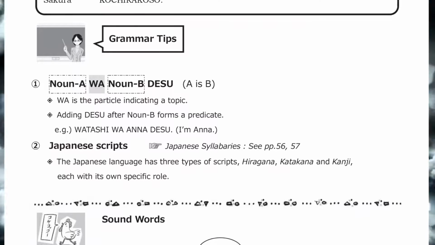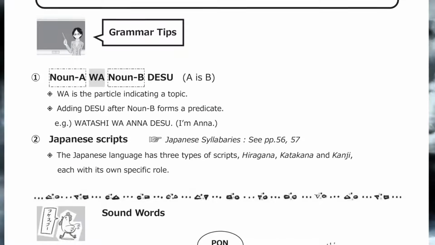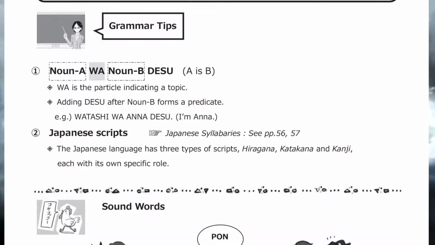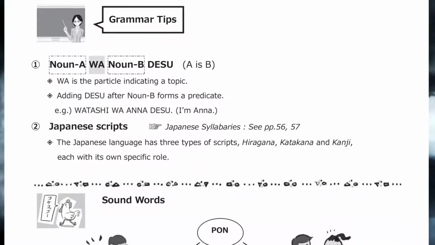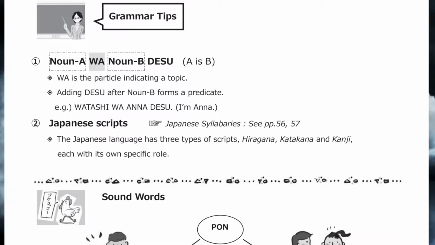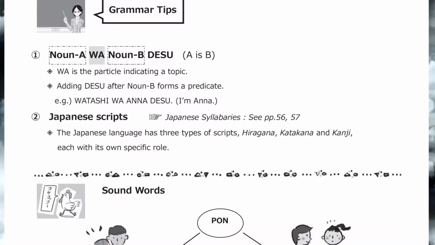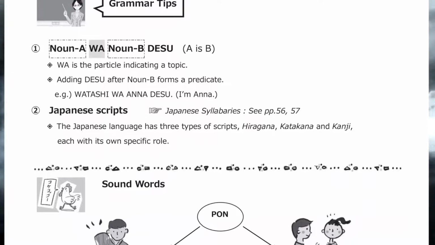Okay, let's listen to the skit for Lesson 1 one more time. はじめまして。私はアンナです。 はじめまして。さくらです。 よろしくお願いします。 こちらこそ。